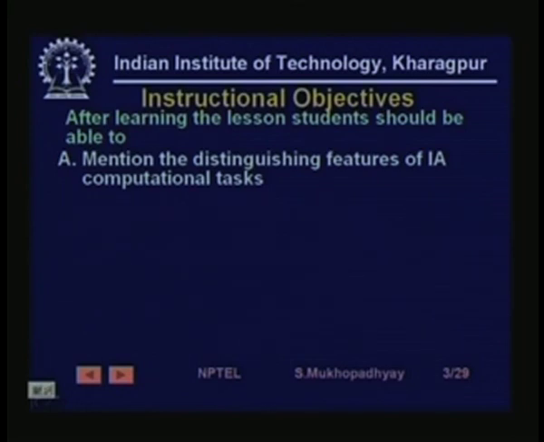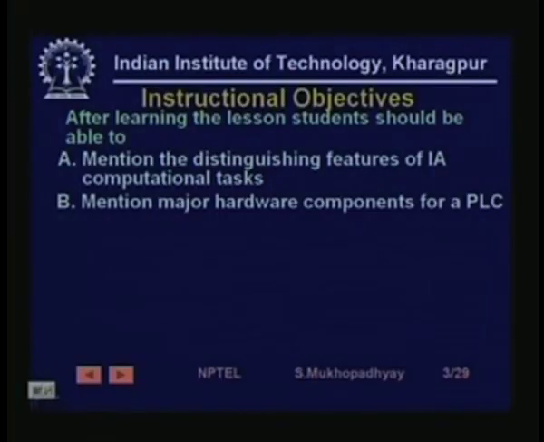A PLC basically is a computer, so it performs computational tasks related to industrial automation, but these tasks have certain very distinguishing features compared to other tasks which are, let us say, done in an office environment. So, you should be able to mention some of these features,